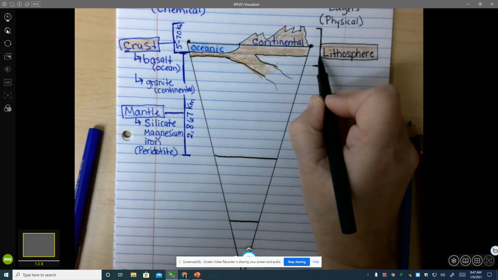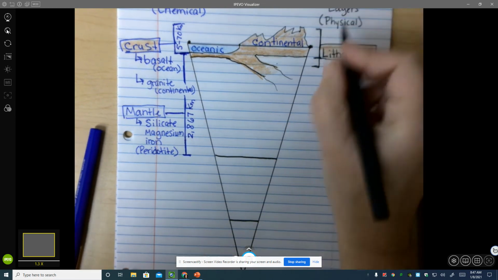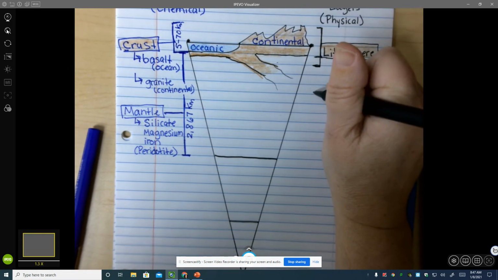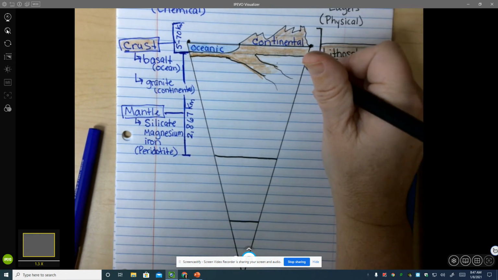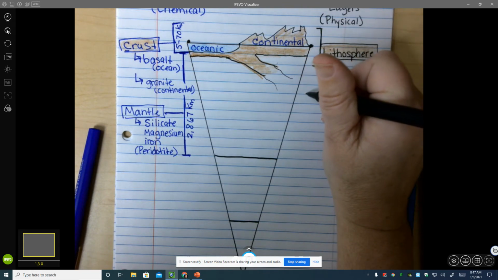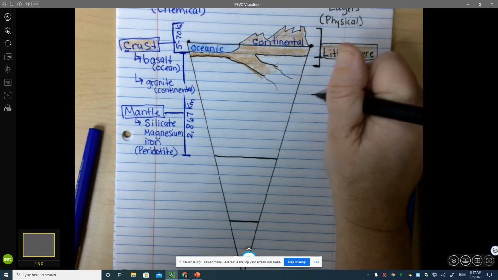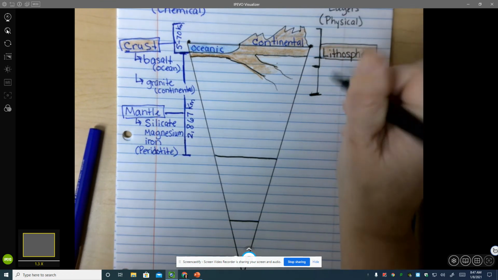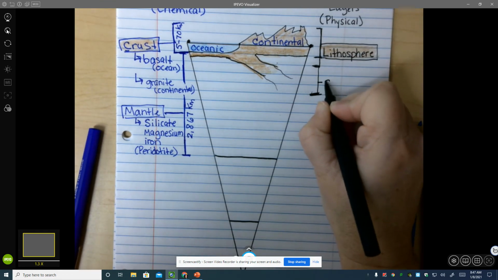Right about here is where that mantle is starting to start. And then from here, let's go to about 4 places. From the bottom of the lithosphere to about here is what we call the